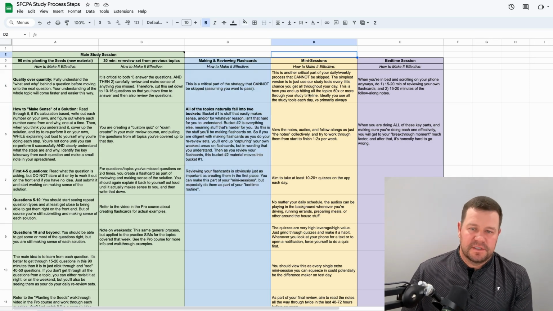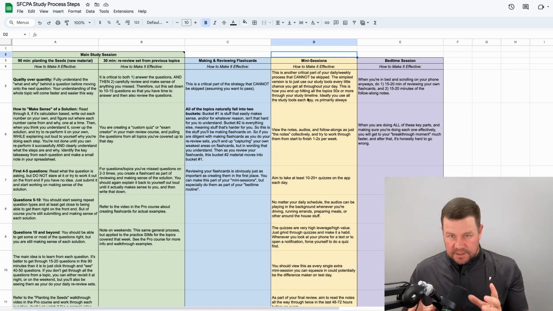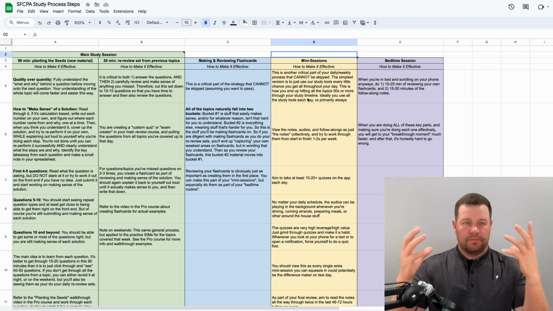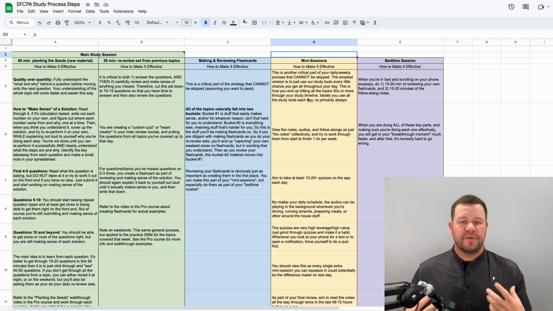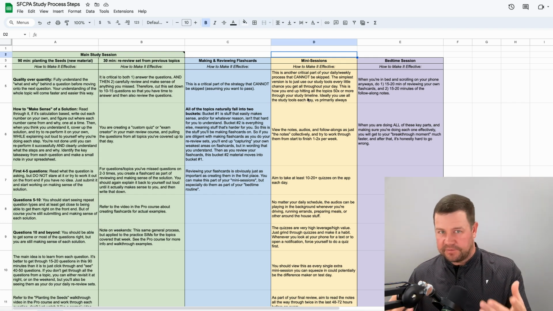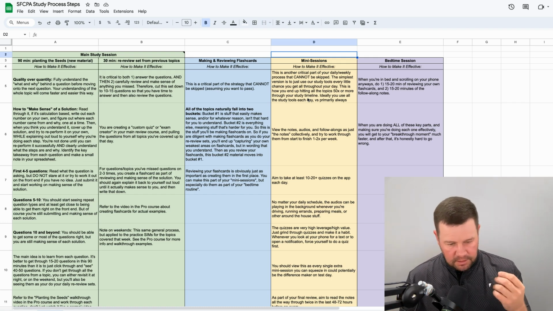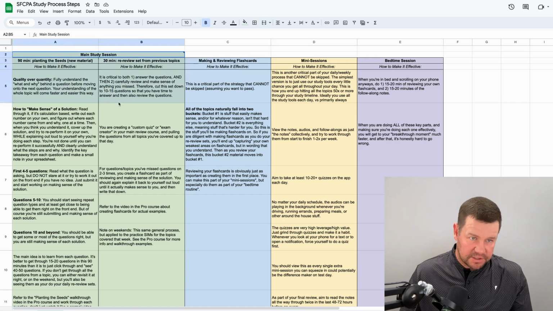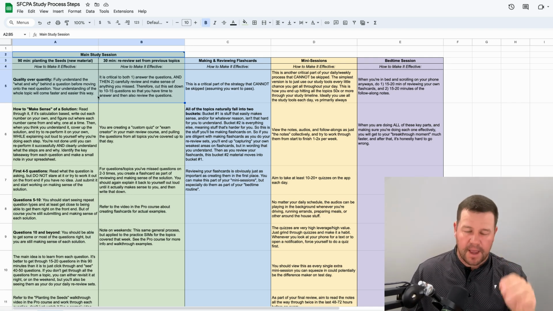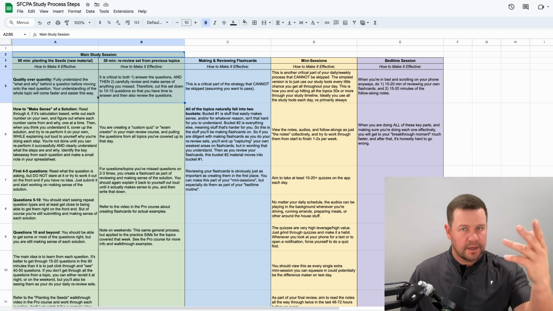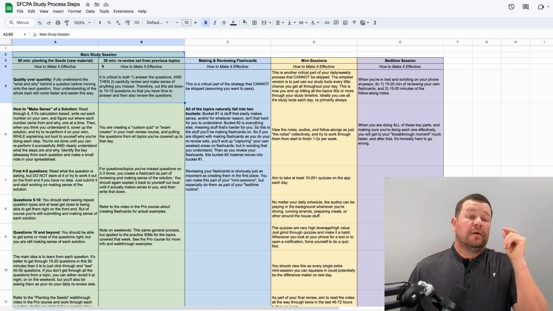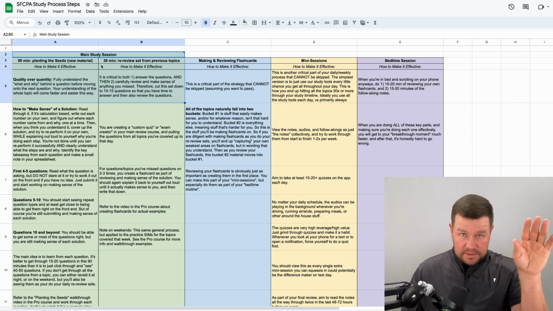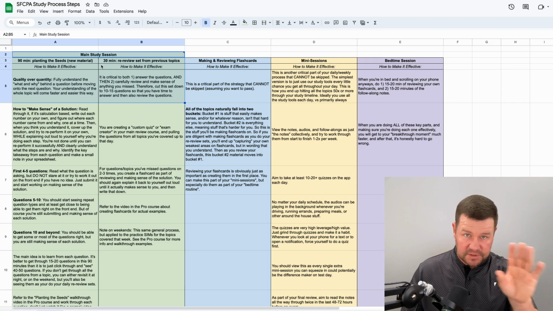Then the mini sessions is another one. So the mini sessions, again, if you're not familiar with our process, instead of you trying to sit down after work and suffer through a 4 to 5 hour study session, you instead do a 2-hour session through this format in the morning, ideally. Just figure it out, make it happen. You can go to bed earlier and get up earlier. You can. 2 hours, it's locked in the history books before you even start work for the day.